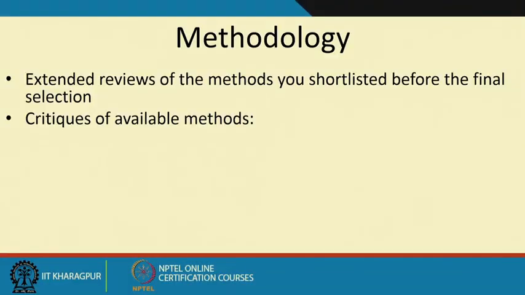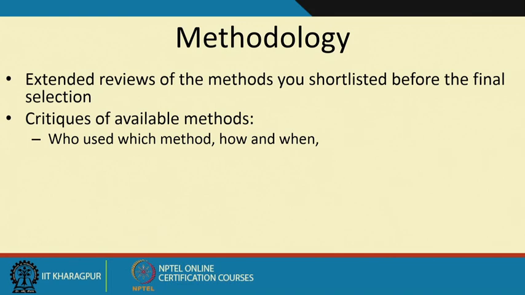We critique available methods in methodology. Once we've narrowed down our research question, we try and find out how that question can be answered using the available methods. So we collect the most suitable methods, and then we review them and critique them. There is a difference between critique and criticism. Critique means to compare and contrast, or to find out the positives and the negatives between the different methods